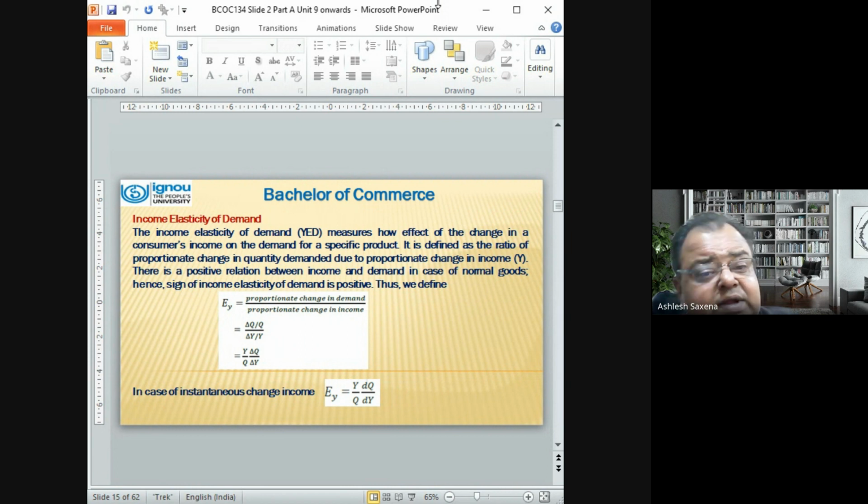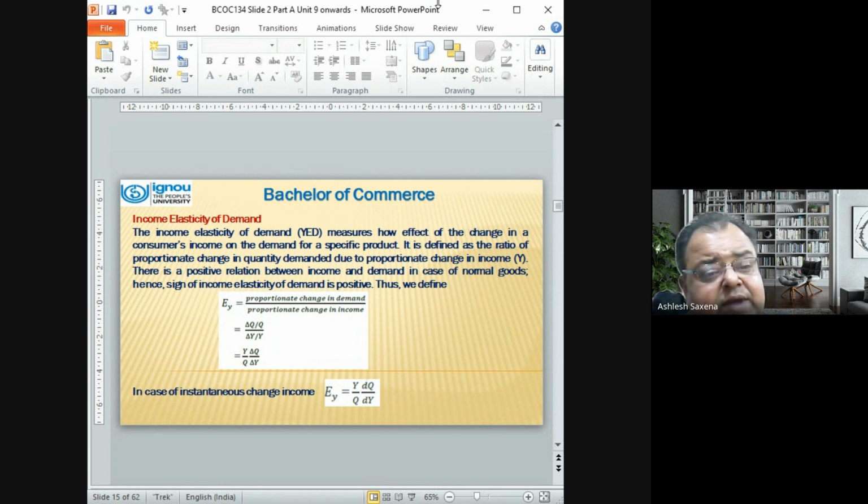It is defined as the ratio of proportionate change in quantity demanded to the proportionate change in income, where there is a positive relation between income and demand in the case of normal goods. Hence, the sign of income elasticity of demand is